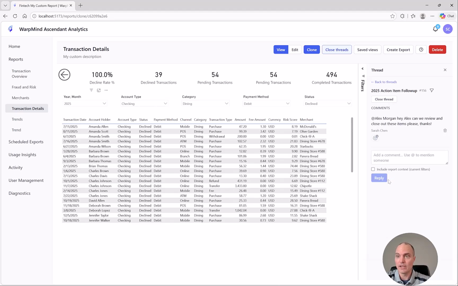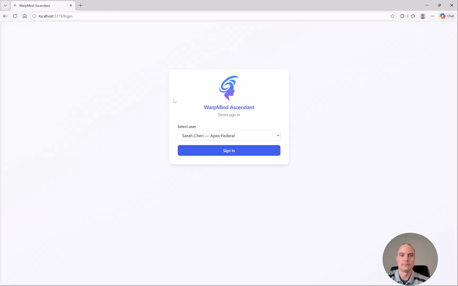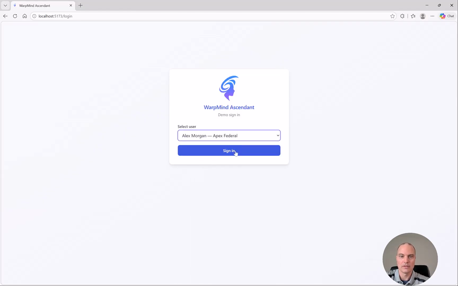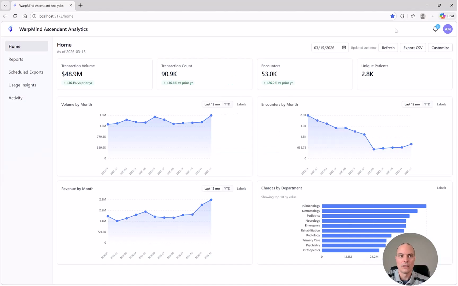Okay, so the message is out, and let's go see what it looks like from Alex's perspective. So what we're going to do is we're going to log out of Sarah. We can see that she's an admin and she does not have a persona assigned. So go ahead and log out. Let's go ahead and log in under Alex. Sign back in. All right, so we just signed in under Alex, and we'll go to our notifications tab here,